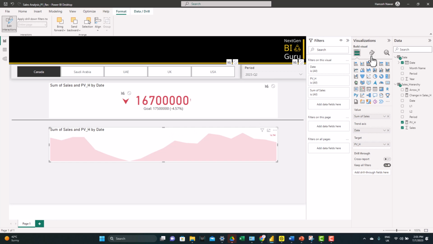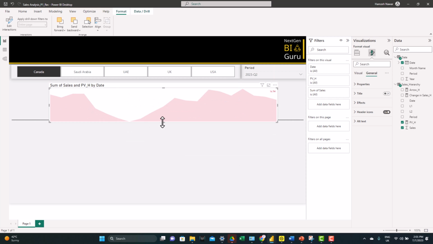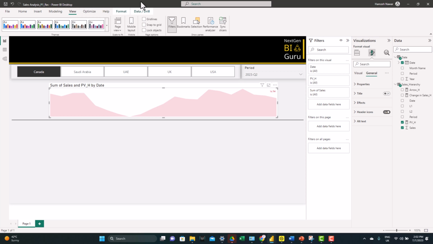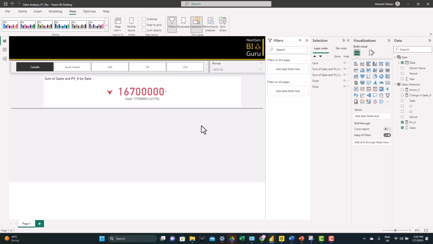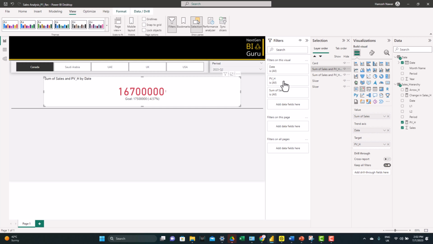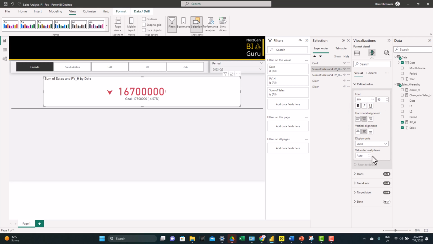Finally we remove the title, and let's locate it on top of the visual we have. From view we show selection, and we move it behind it. So now it's there behind it, so we need to format our KPI a bit, change the display unit to millions,